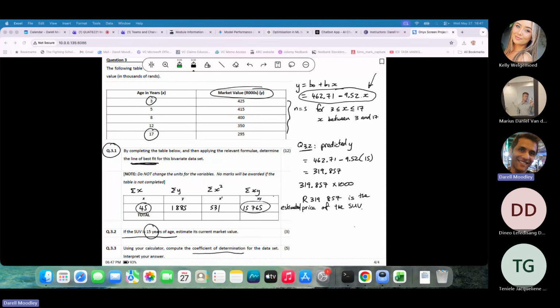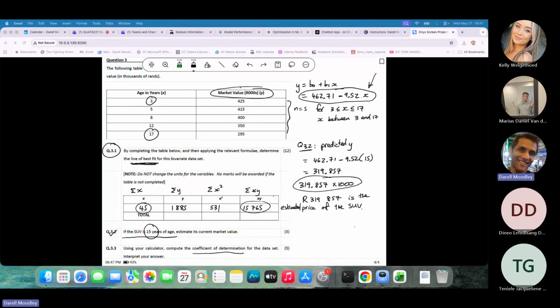That's how you use the equation to get your predicted value. Okay, so that's 3.2. All of this that I've done, you need to show: how you plug your x value in, get the amount you're interested in, and then convert it to the units that you need to interpret it. All right, now question